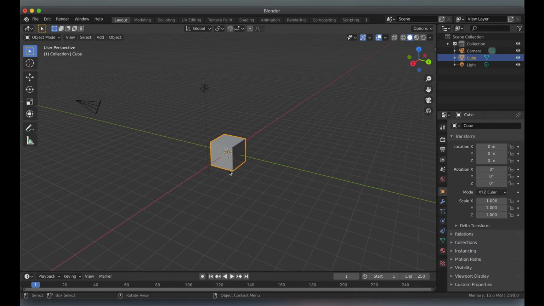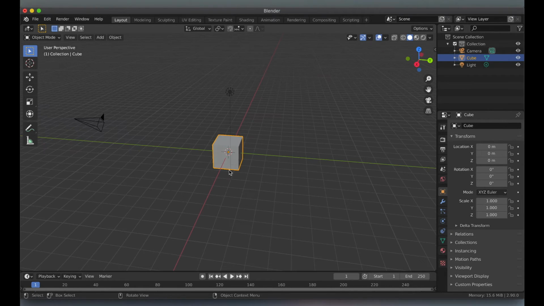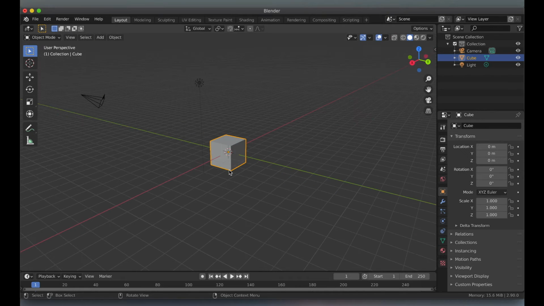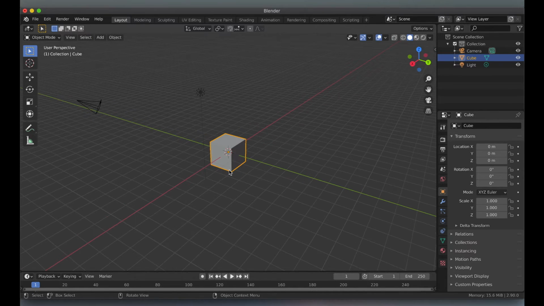We're going to start off with a very simple step here, and it's shading, and that's just adding a color to your object, and then at the same time making your object look plastic, or making it look metal. And the first thing that I want to start off with is, I've spoken before about your different layouts here that Blender's already done. I'm going to go into the shading